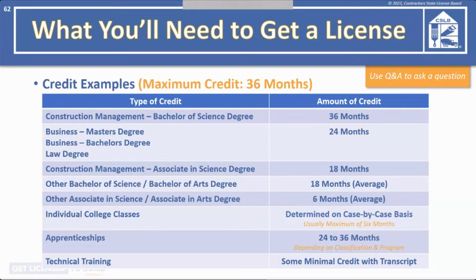What is the website to get started for the LLC? I am applying for C20. So to get an LLC started, you would be contacting the Secretary of State. That's where you would register your company as an LLC. For the application, once you have your LLC registered at Secretary of State, you would just get the original contractor's license application on our website and fill that out.